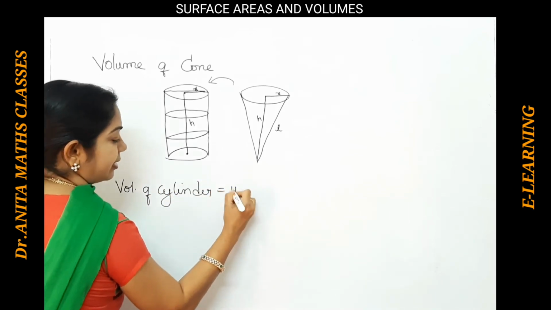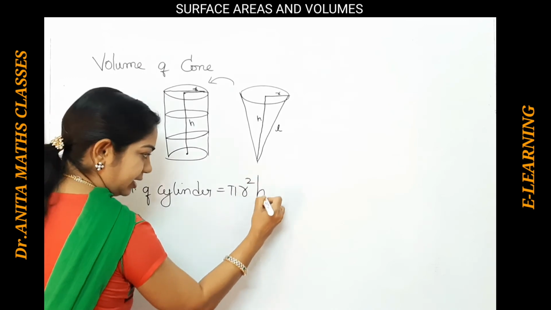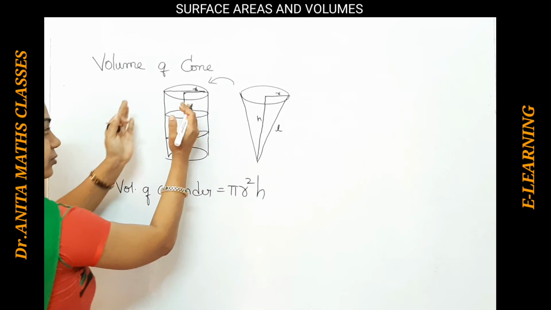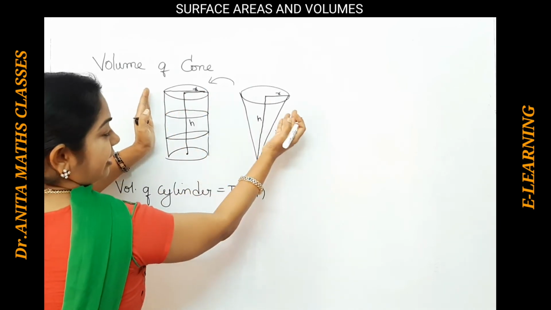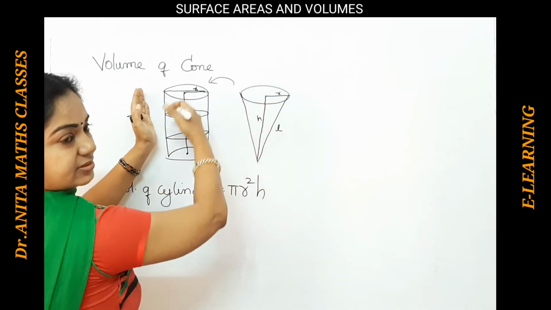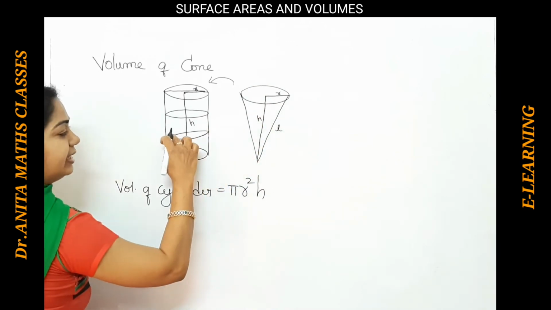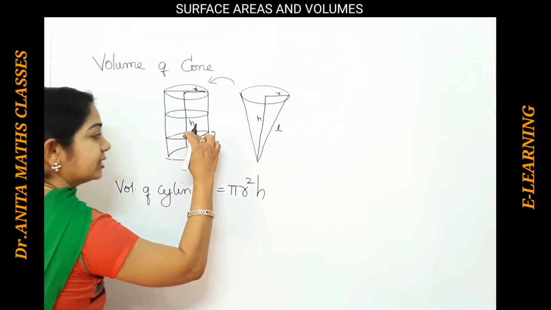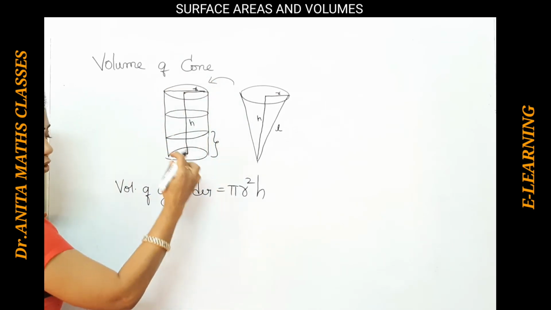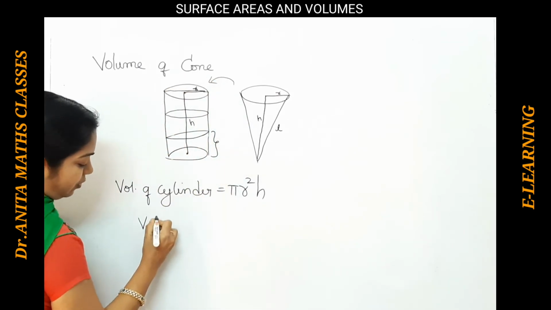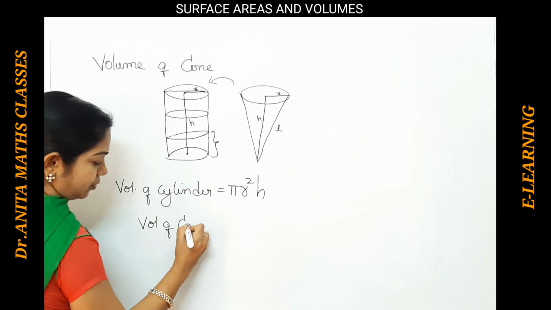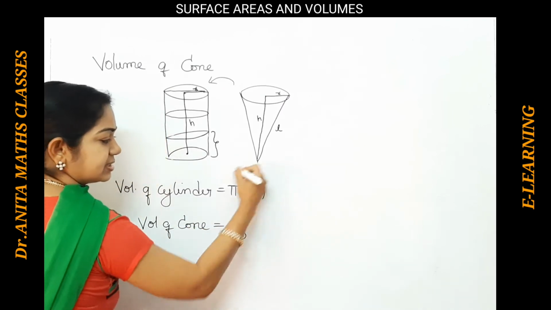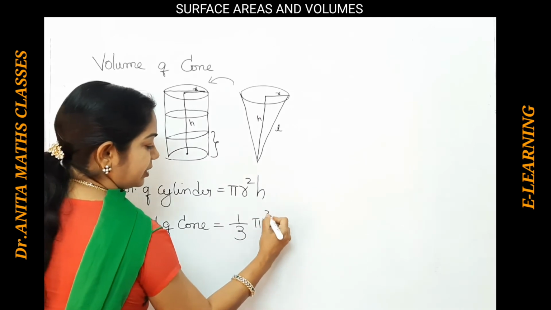we know the volume of a cylinder is pi r square h. Okay, so this is the volume of the cylinder. So how did I get this? When I have taken 3 times of this, right? So that means only till here is the volume of the cone, isn't it? So that means 1/3 part of the cylinder's volume. So volume of cone equals 1/3 of the cylinder's volume, pi r square h.